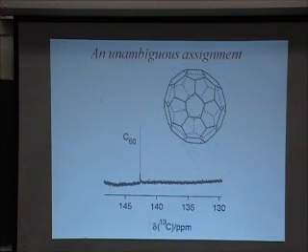एक ही पीक नजर आ रही है। You cannot tell the number of carbon atoms. You have to do a reference experiment. But there's only one peak, and this unambiguously determines the symmetry property of buckminsterfullerene. All of them are the same. They are magnetically and chemically equivalent, so you get only one. The carbon 13 spectrum है, याद रखिए।